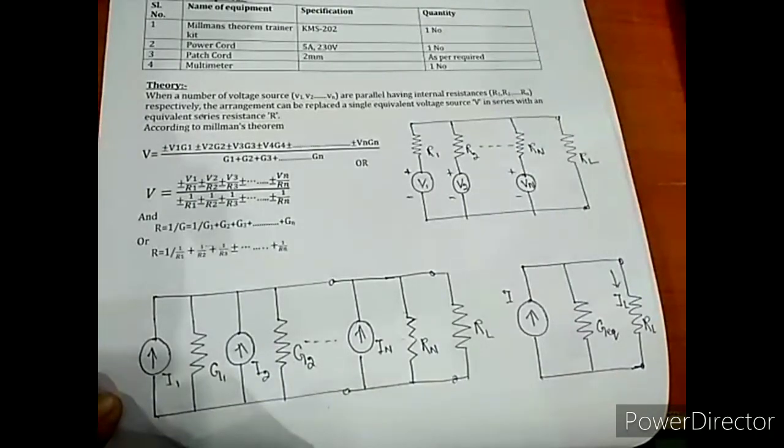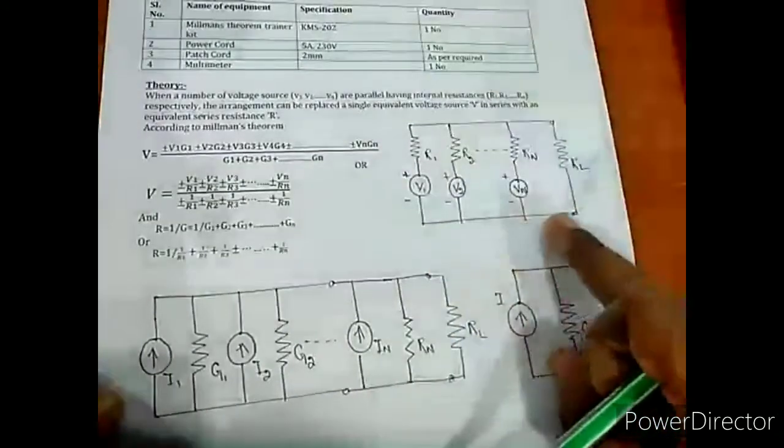the load resistance. Or you may say that the circuit may be replaced by an equivalent current source in parallel with the equivalent resistance. So see here students, this is the definition. Through a circuit diagram, we will explain how this complex or linear bilateral network, which consists of many voltage sources in parallel, is converted into an equivalent circuit.